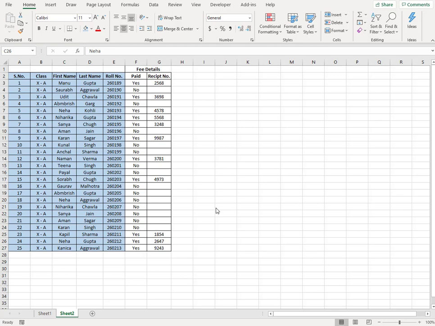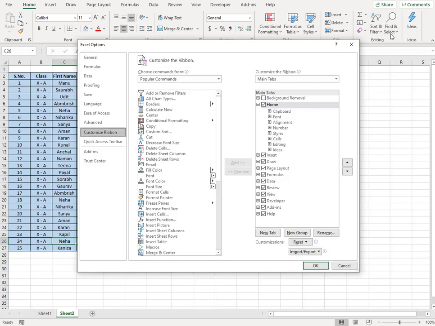First step is to get that camera option inside your Excel, which does not come by default. So what we do is we right click on the top bar and click on customize the ribbon. Once you do it, your Excel options window will be displayed.